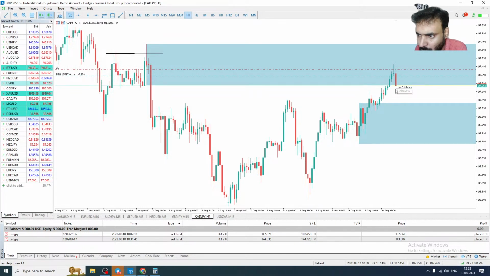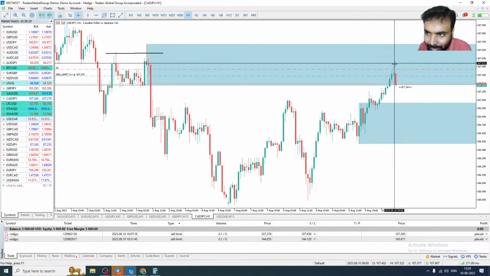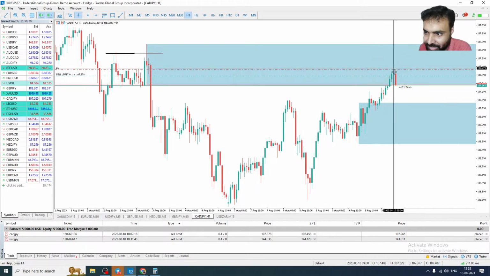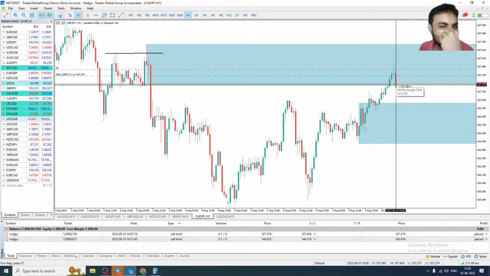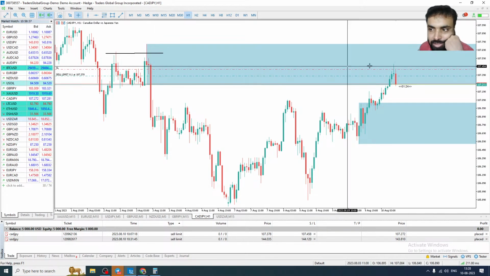I just moved because we have 1 more minute to complete this candle. Once this candle completes, maybe there is a chance price can go up and touch this swing point. Now we are trading based on the swing point. Because it's already touched, I guess you can see the 1 hour level is already touched. Yes, the reaction is happening. Right? The 1 hour swing point bottom is touched.